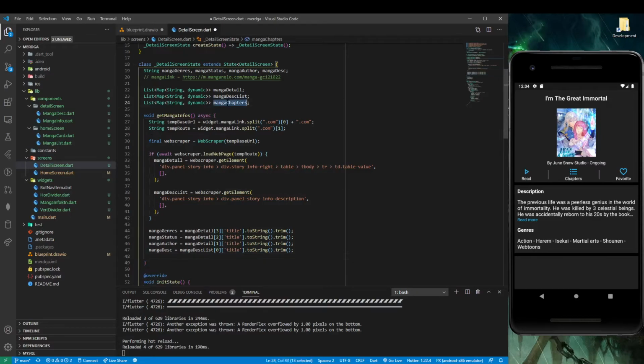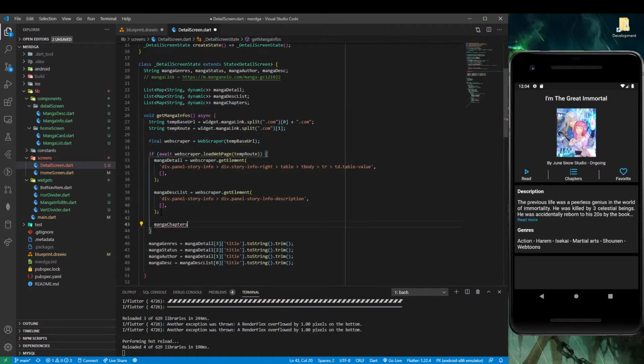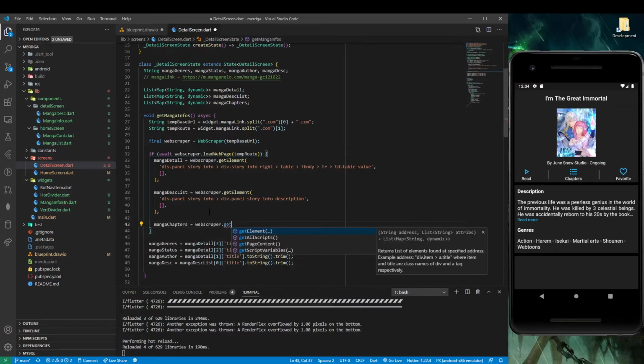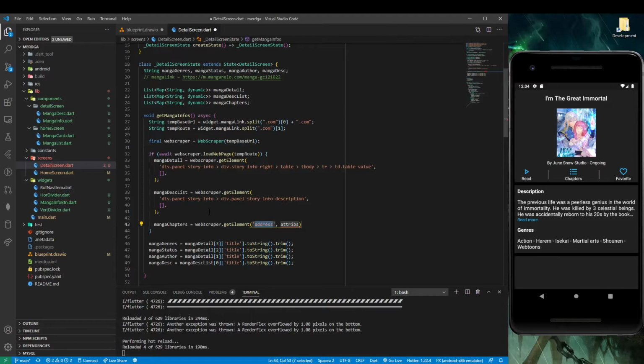And now, manga chapter. So manga chapter, well, actually, earlier I showed you what the element is, so you can just follow along or look at it yourself. So it's called div.panel, and story, chapter list inside on the UL,